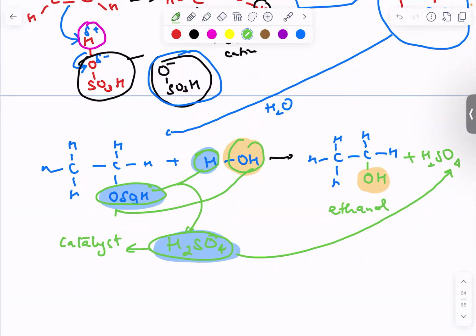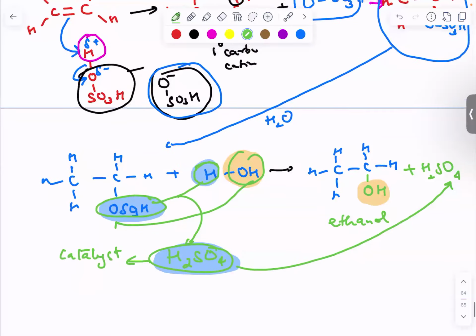This is a very hot favorite question from the AS examination point of view, because they mostly ask that how do you take it with concentrated sulfuric acid when added to alkene, what type of reaction is that, and what is the function of sulfuric acid. So you are going to write that this is actually a catalyst. That's it about the